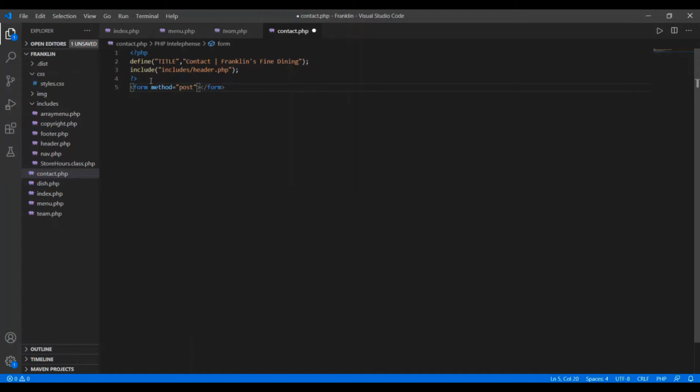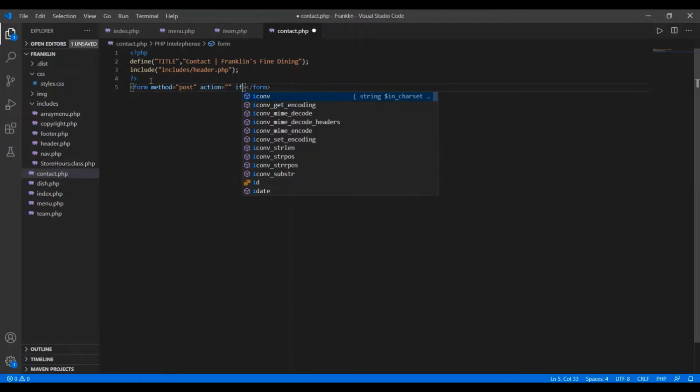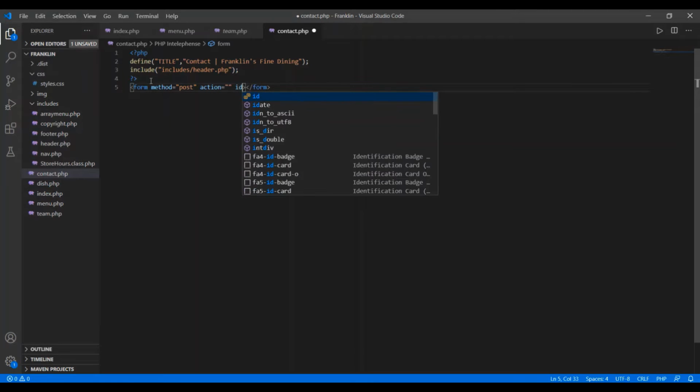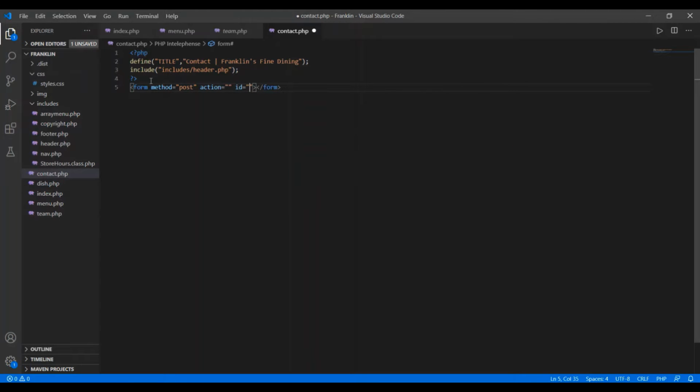And here I'm using the action, but I'm not going to call any file here, so there's nothing to be done. And I'm using the ID as contact form.